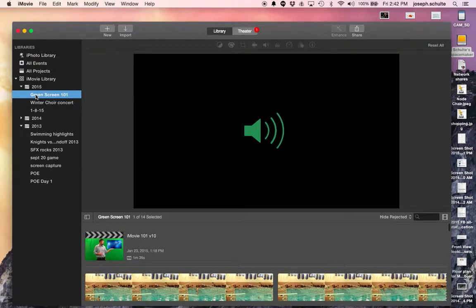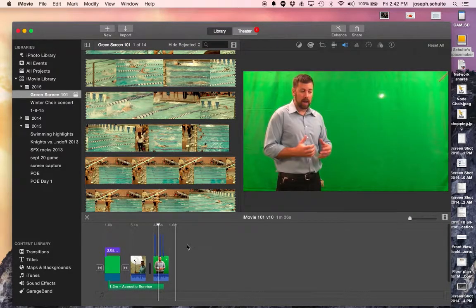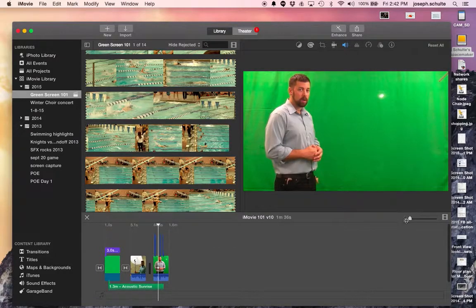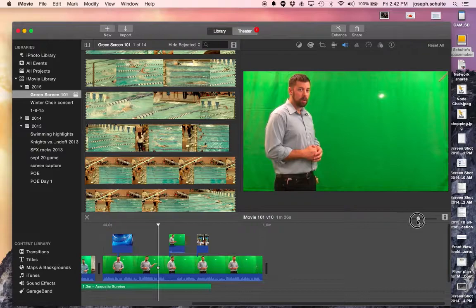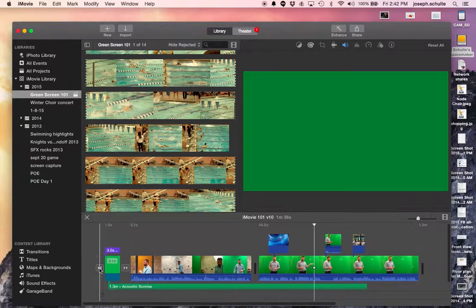I'm going to go into this event called Green Screen 101. And I've got a project in here already called iMovie 101 V10. I'm going to double click on that. And what I see here is a timeline with some video clips in it. And I'm actually going to reproduce this, but let's start with the end in mind and show you what we've